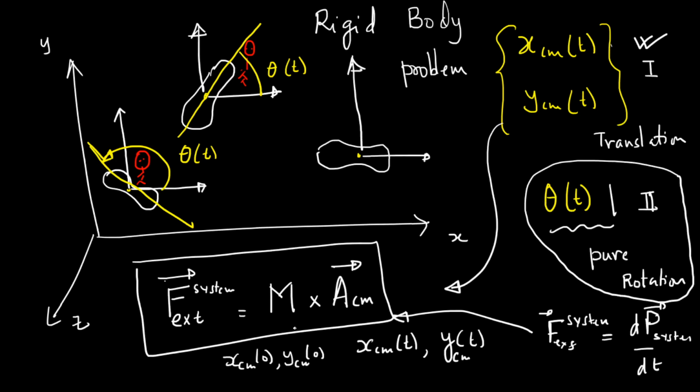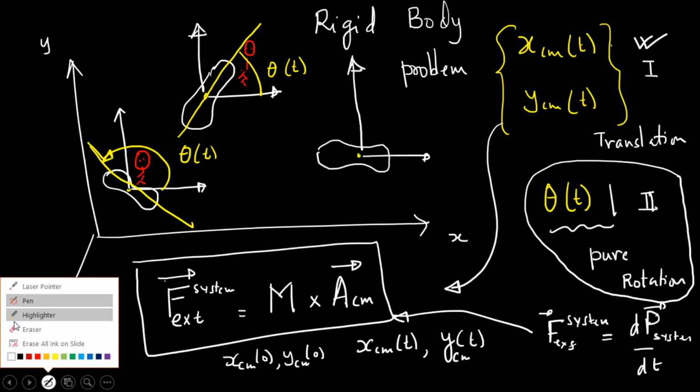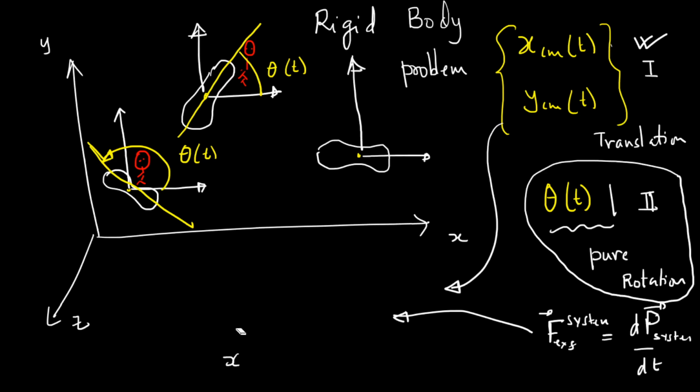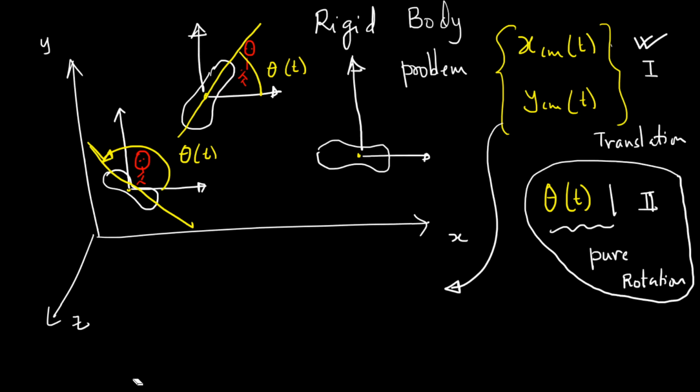It's getting a little clumsy here, so maybe I'll just erase this part and write down the answer for the second part of the problem. So now whatever I'm going to write has to be justified, and that is the content of this video. But let me tell you that the answer itself is very easy. So the second part of the problem comes from an equation which, for this simplified problem, can be written very nicely in the form of a scalar equation, tau cm about the z-axis, the moving z-axis at that instant,